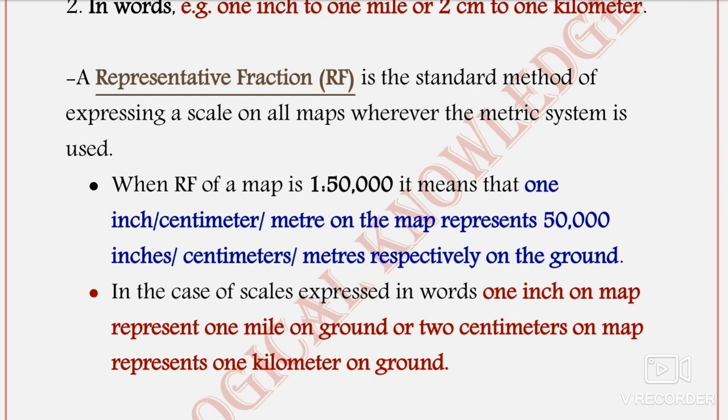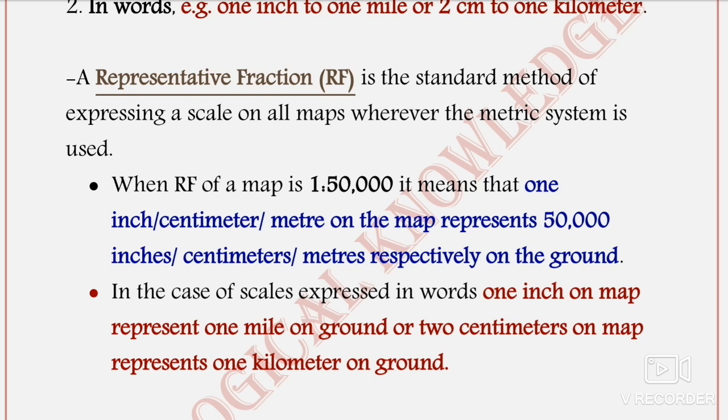So that varies, but the meaning of that thing is constant. So what is the meaning when we say 1 is to 50,000, the scale of the map? A 1 is to 50,000 scale means that 1 inch, 1 centimeter or 1 meter, whatever you say. If the scale is given in inch, you will call it 1 inch, or if in centimeter or meters respectively, we will call it 1 centimeter. So 1 centimeter on the map represents 50,000 inches, or 50,000 centimeters, or 50,000 meters, whatever you